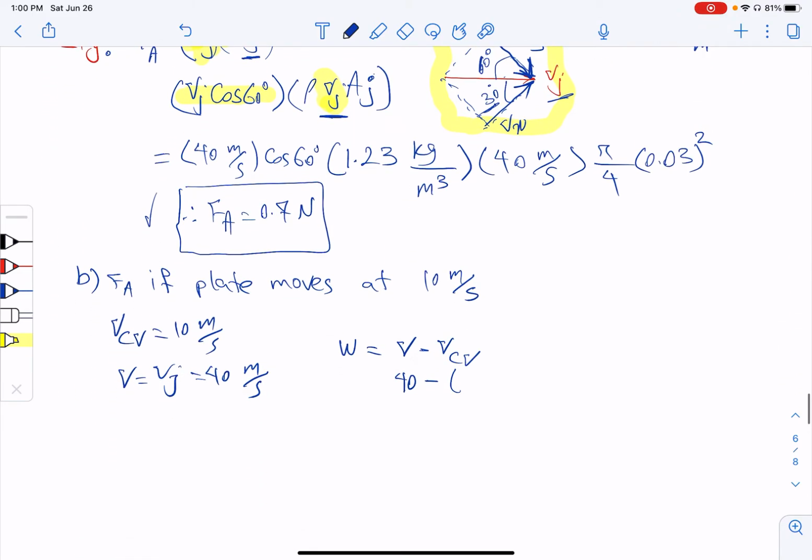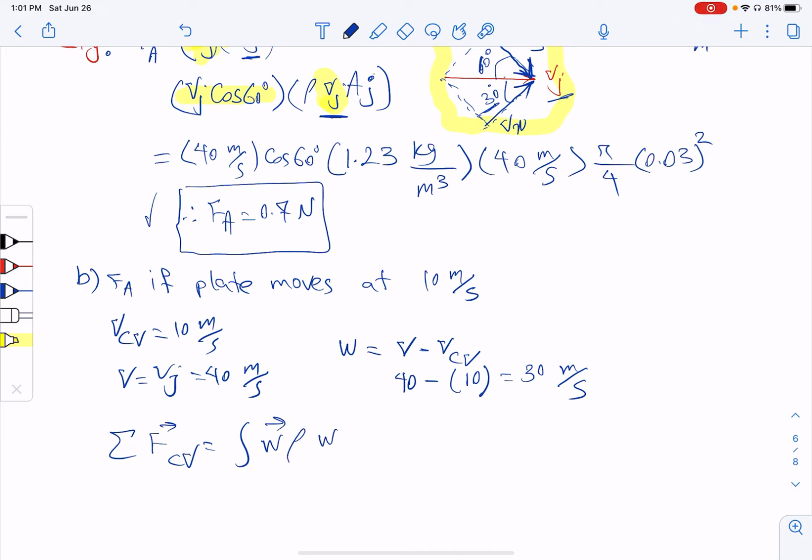And then we also have, if the plate is moving, 10 meter per second, right? Then from here we get 30 meter per second. And remember that for the relative velocity, this is the formula for relative velocity,